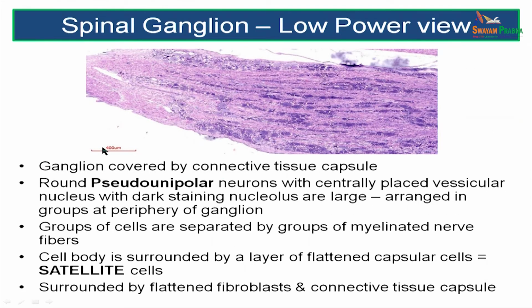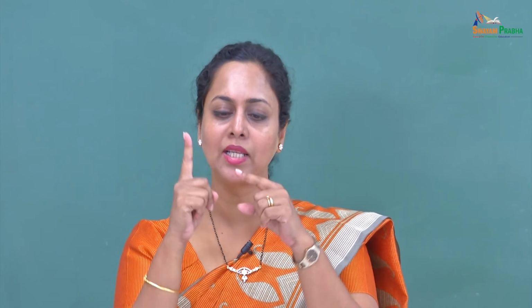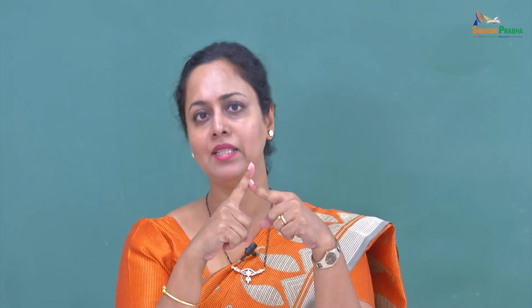If you look at a slide of spinal ganglion in the low power, you can see that full thing here. This is the spinal ganglion, and the small purple bodies that you see, these are the ganglion cells. The pink fibers that you see are the nerve fibers which course through a ganglion. These type of ganglion cells are the pseudo-unipolar cells that we spoke about. Do you remember the pseudo-unipolar cells? They are the ones which have one process, but that one process then bifurcates like a T, giving you the dendrite and the axon.